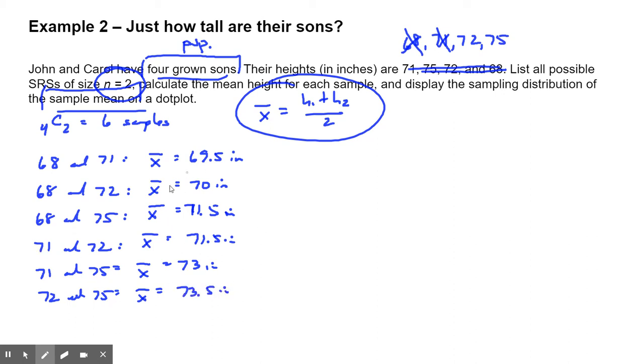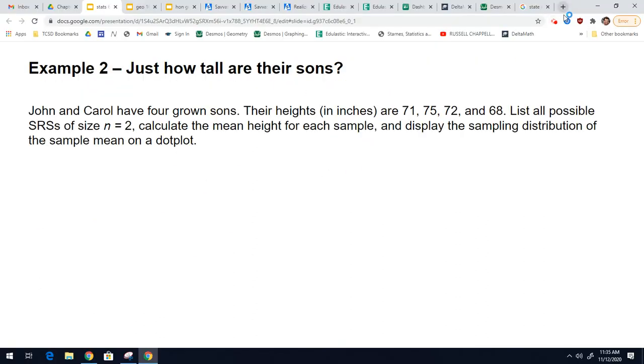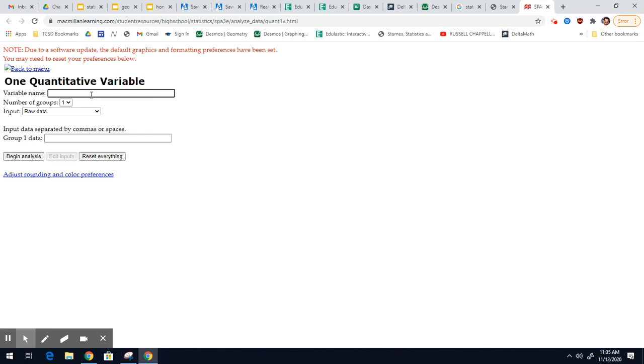And now I'm going to display these 6 numbers on a dot plot. So let me take a picture and we'll go show you how we're going to do that. Okay, so I got my 6 values. This is the sampling distribution of the sample mean height in inches. So you want to make sure you label your picture. So we'll go to the one quantitative stats applet. That's where we get our dot plots. So statistical, one quantitative variable. The variable name is going to be the sample mean height